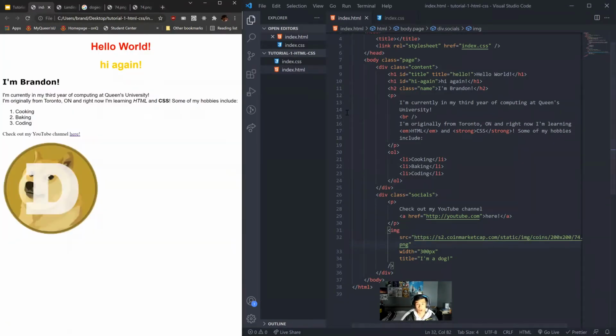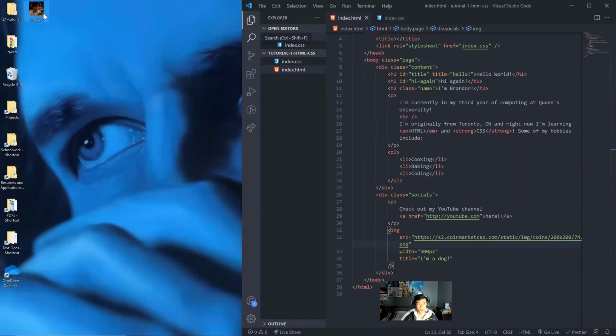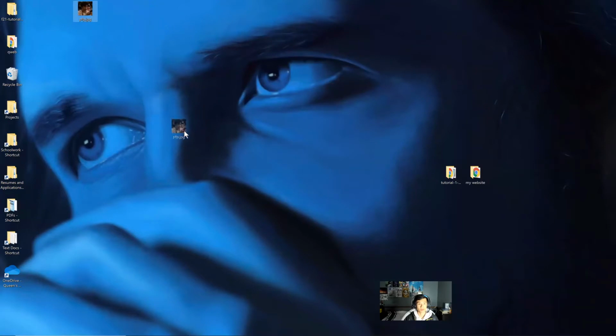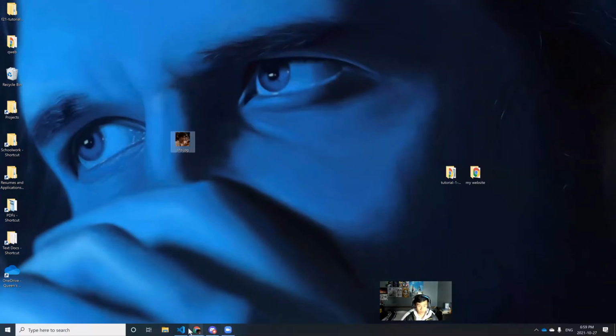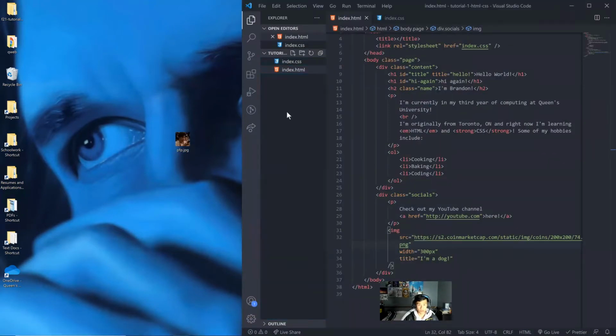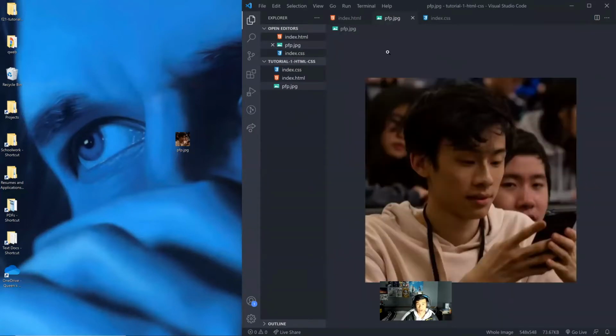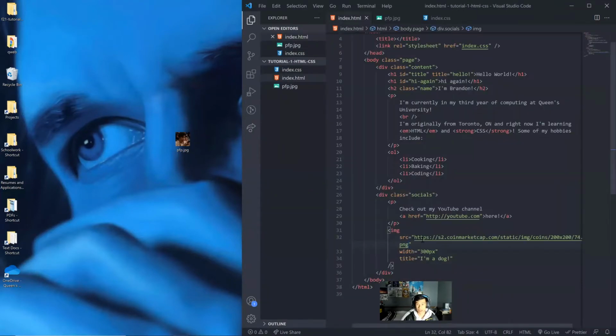Awesome. This also reminds me, thank you for bringing this up, because you can also add images that are just stored locally. So if we don't want to pull from the internet, what we can do is drag this in. My mouse is not dragging this. Interesting. Well, there we go. Can I just drag it into VS Code? Awesome. If I drag it into my project folder and then just use a relative link,